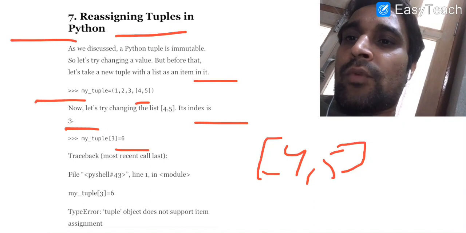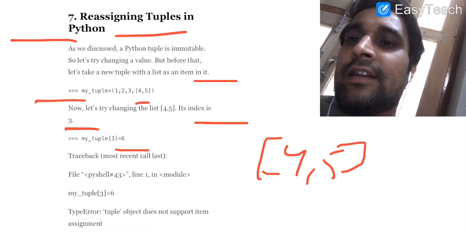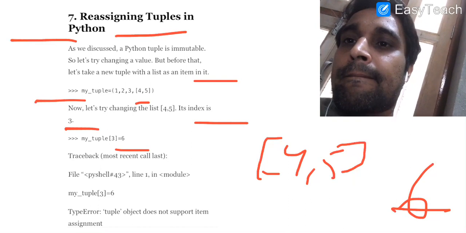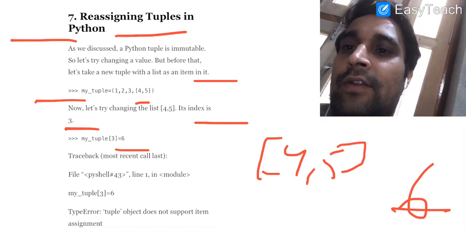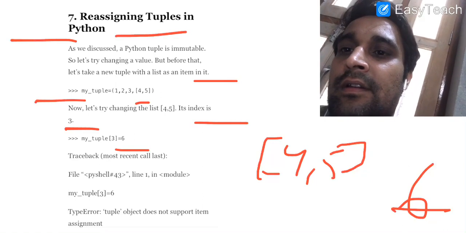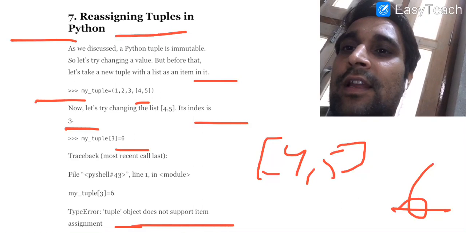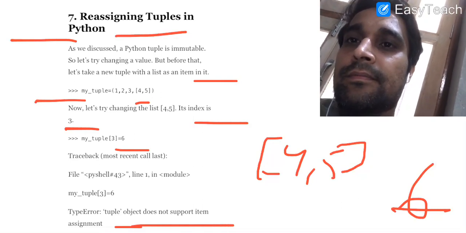It means we want to modify the value at index 3 from 4, 5 to 6 only. So what will happen when we write this statement? Tuple object does not support item assignment, the individual element of the tuple cannot be changed.